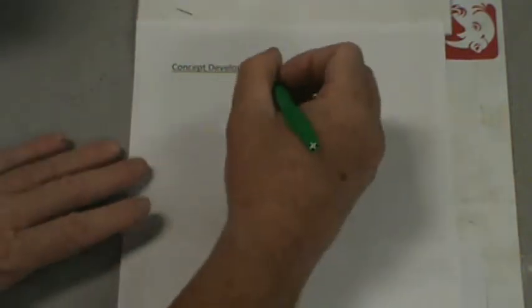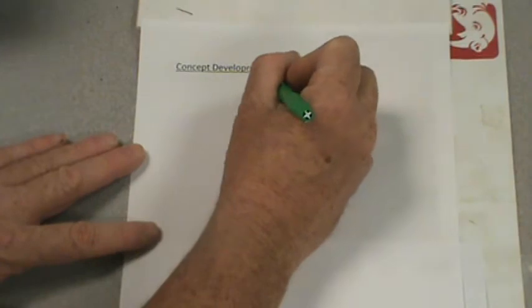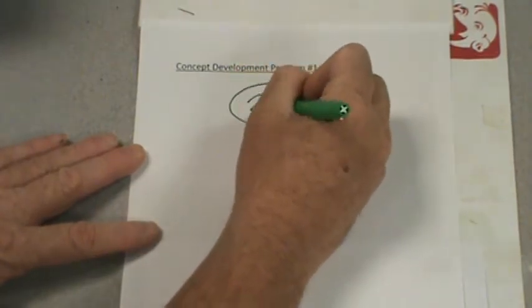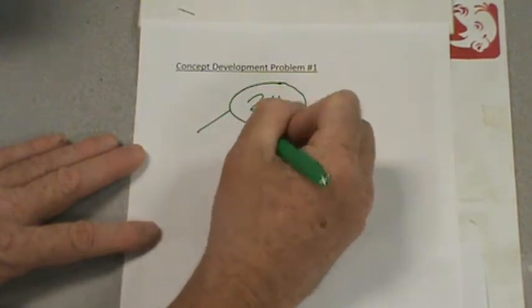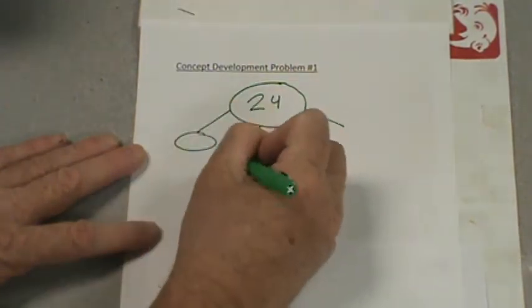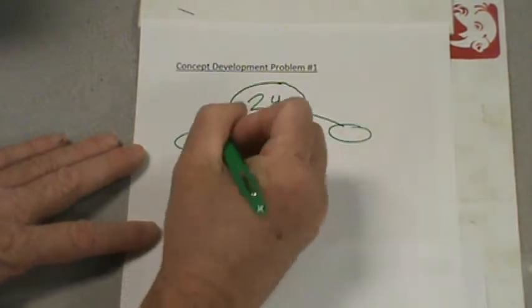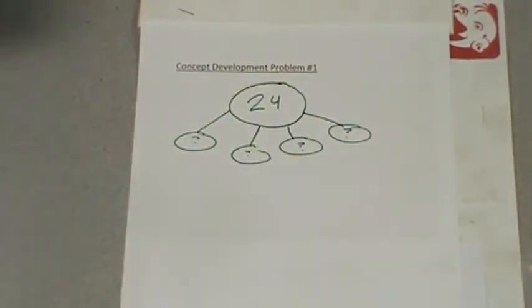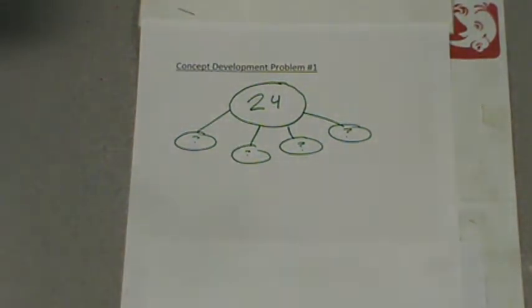Yours won't say this because it's just a scratch paper, but it has concept development problem 1. And let's look at a number bond that relates back to our application problem. And it's going to read 24. And we have these numbers floating around. We don't know what goes there. So we're going to look back at the application problem, and the unknown in the number bond is the same as